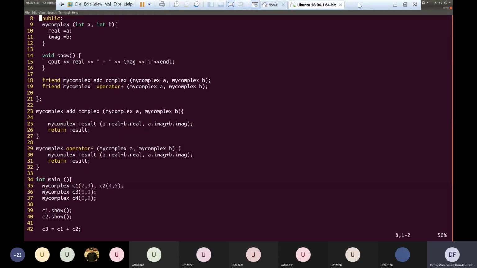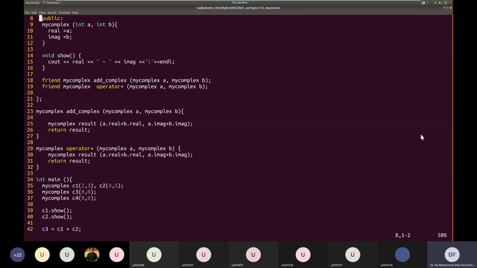So what if we were to add 3 numbers? We can do this with any operator. Yes, you can do it with any operators, not only these 4. There are lots of operators, like some 20 to 30 operators that you can overload. I'll show you a list. You can do it for any operators: less than, greater than, equal to, everything.